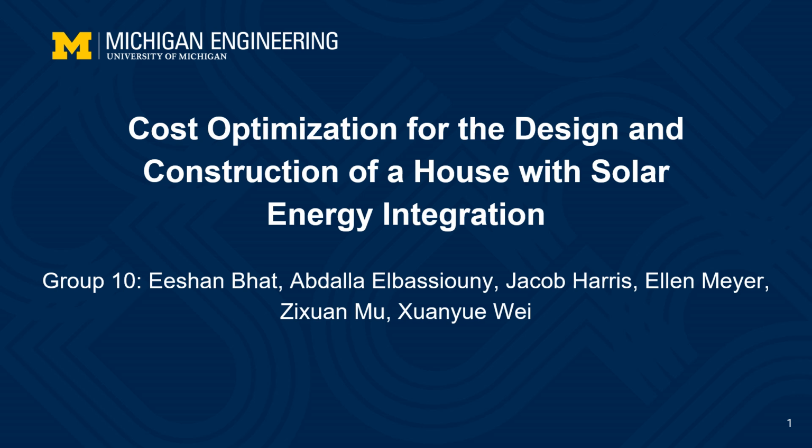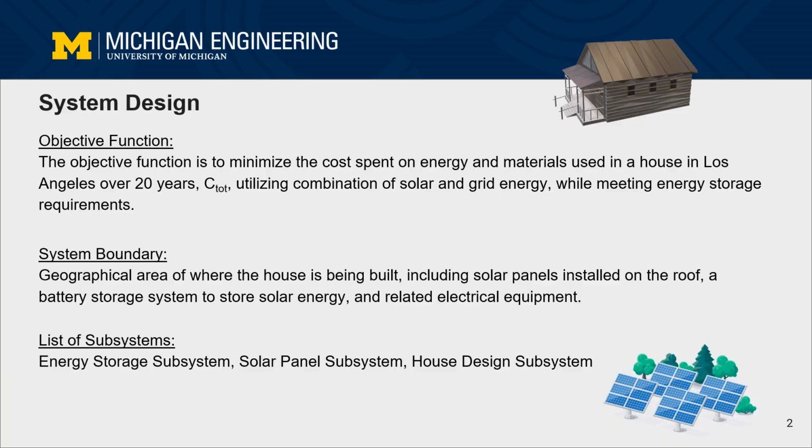This is Group 10 presenting our project, cost optimization for the design and construction of a house with solar energy integration. Our system consists of three subsystems: energy storage, solar panel, and house design. Our objective function is to minimize the cost spent on energy, in dollars per kilowatt hour, and materials used in a house in Los Angeles over 20 years, in total, utilizing a combination of solar and grid energy while meeting energy